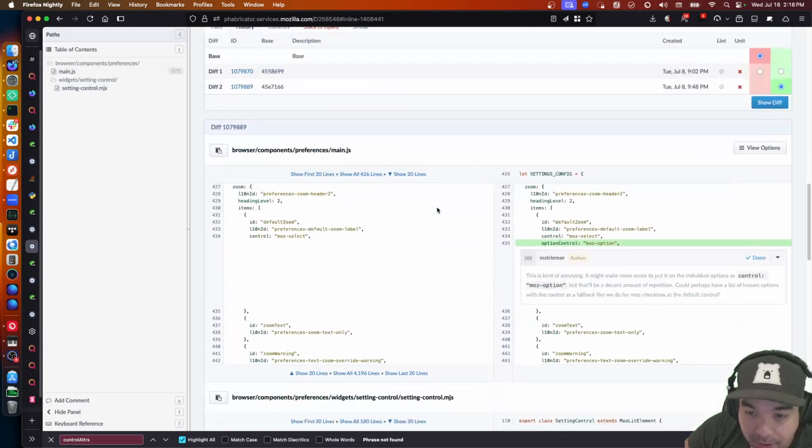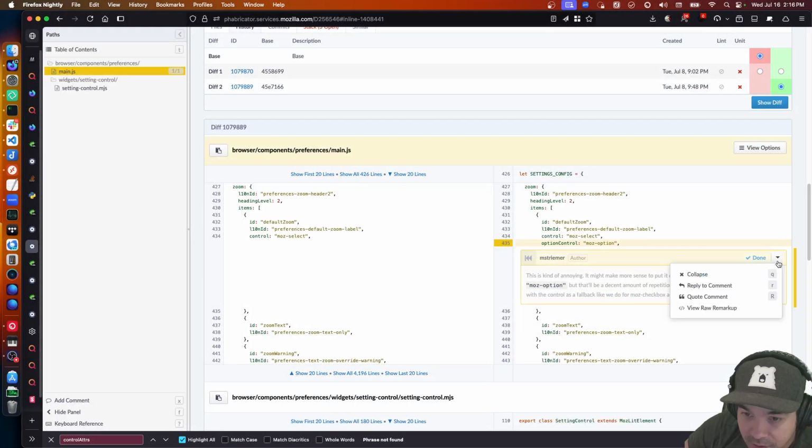So let's go back to the beginning. For each one, we're creating a Moz option underneath it. It makes more sense to put it on the individual options as control Moz option. That'll be a decent amount of repetition. Known options with the control as fallback, like we do for Moz checkbox. It's the default control. I mean,